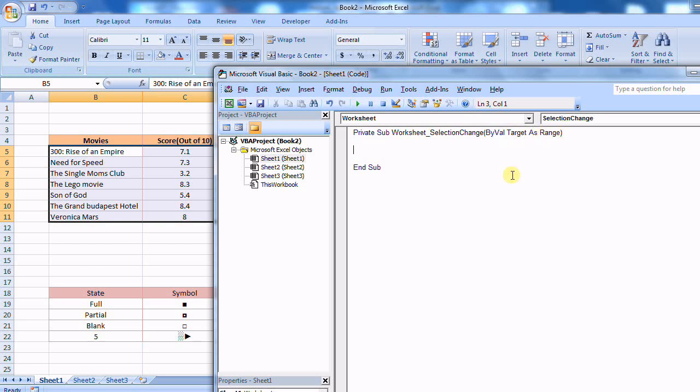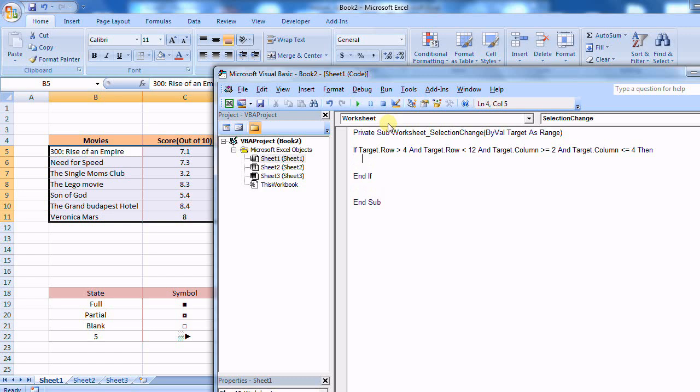So target is a range, and we can use the row and column number of the target to perform the operation which we want to do, right? So for example, if I do something like this, target dot row is greater than 4, because I want to select the range between 5 and 11, right? And target dot row is less than 12, and column between 2 and 4. Target dot column is greater than or equal to 2, and target dot column is less than or equal to 4. If this holds true, in that case I want to do something,